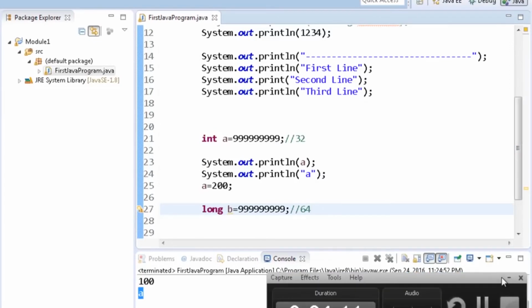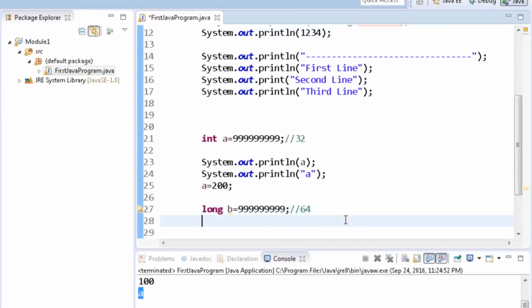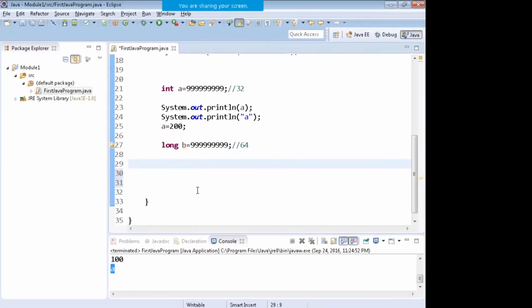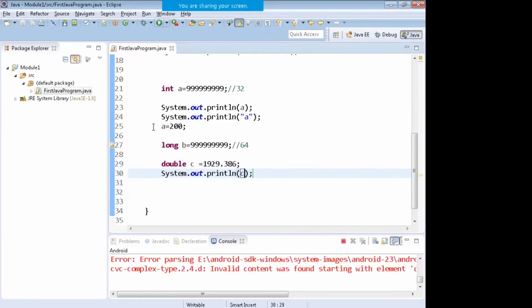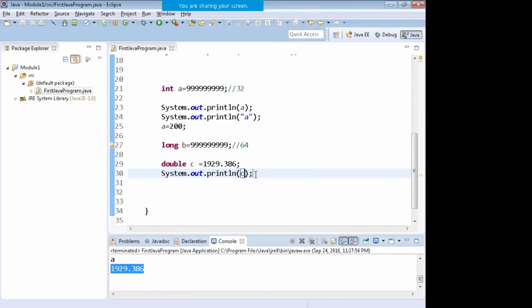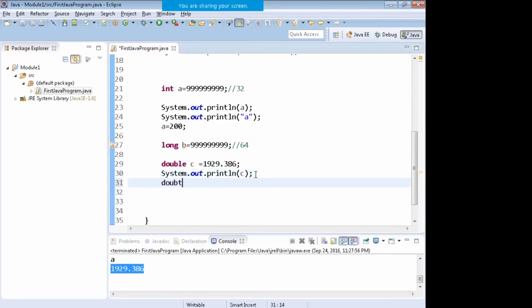If you want to store decimal numbers, you can use double. You can write, say, double C equals some decimal number. That is possible, and if I print the value of C, the decimal number will be printed. I can also reassign C to, say, 45.